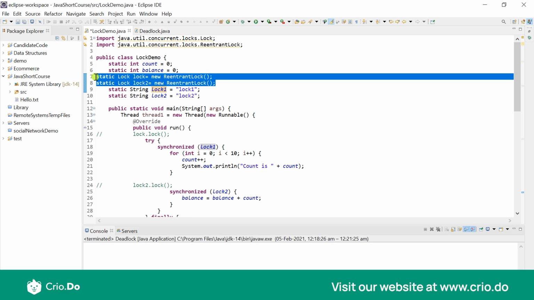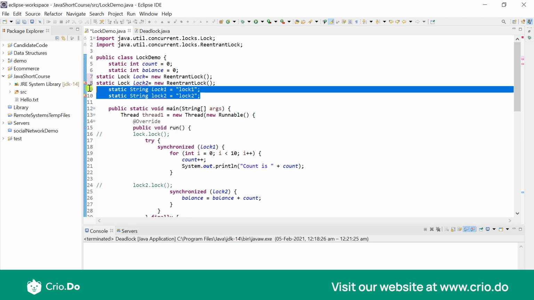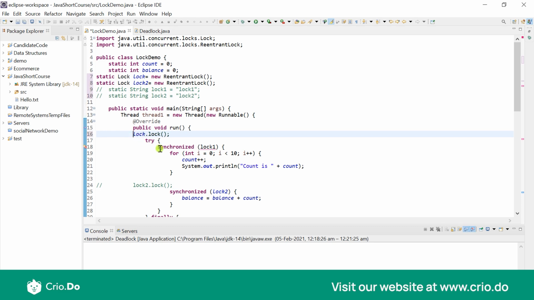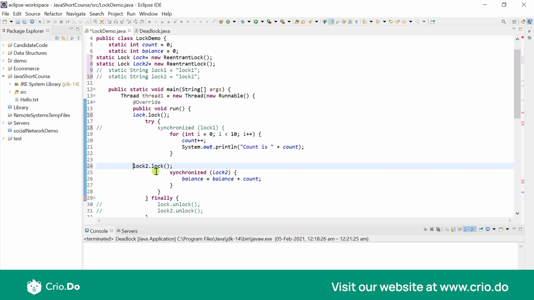So I would just uncomment this part and then comment out the other locks which we have created, and comment out any problems we would have with this synchronized block.